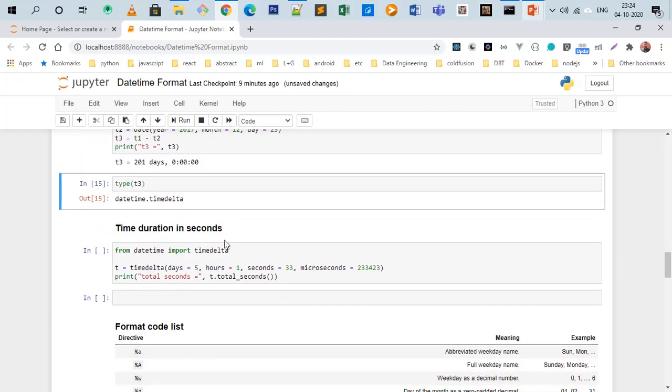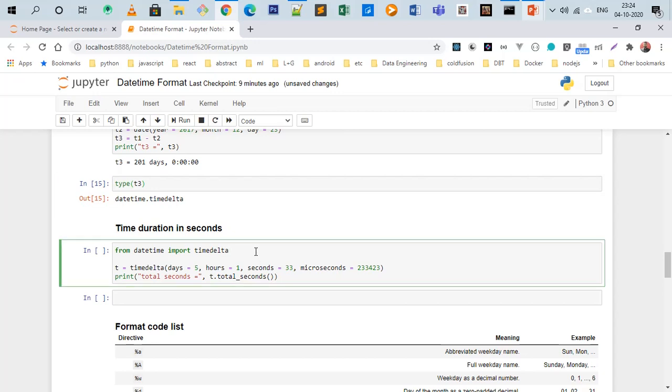Time duration in seconds. Okay, if you want to take the difference between two dates in seconds, then let's see how we can do so. So we are importing timedelta from datetime, and we are taking the difference of two dates as 5 days, 1 hour, 33 seconds and 2,33,423 microseconds.